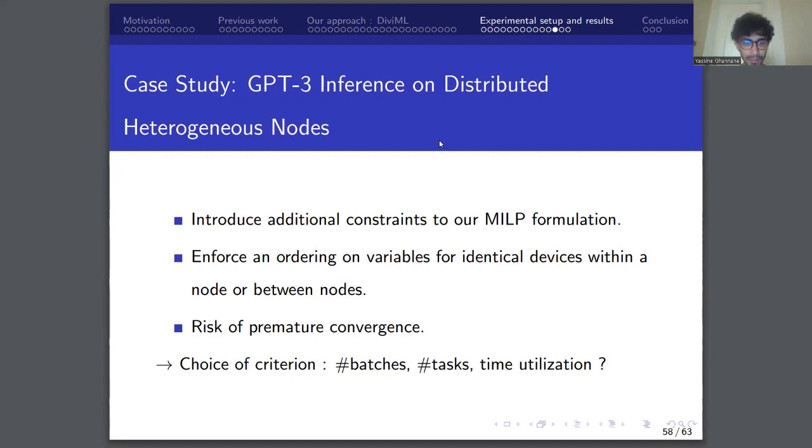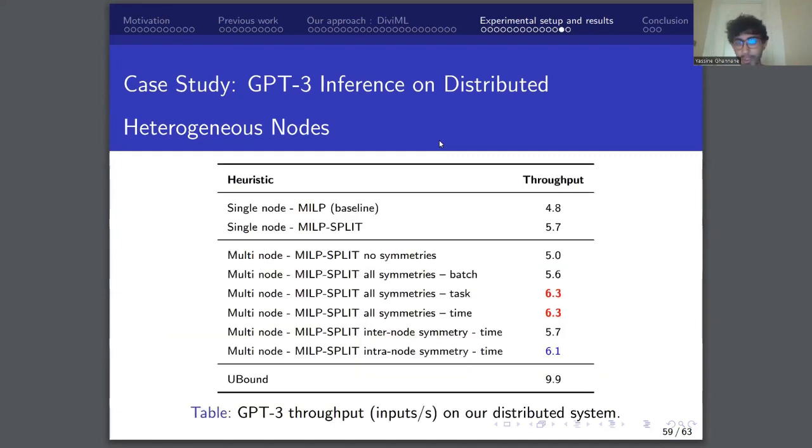We can thus ask what is the best choice to implement symmetry breaking without a high risk of premature convergence, whether it be the number of batches that have been mapped on a device or the number of tasks that have been mapped, or the time utilization of this device. Now we'll take a look at some of the results we obtained. Some insights that can be seen in this figure are that